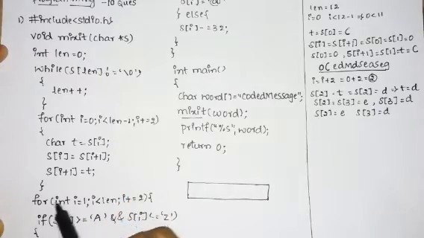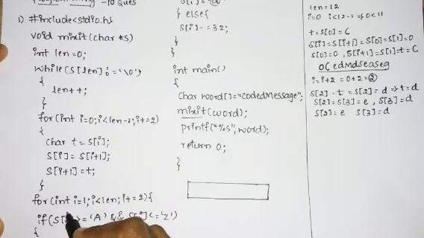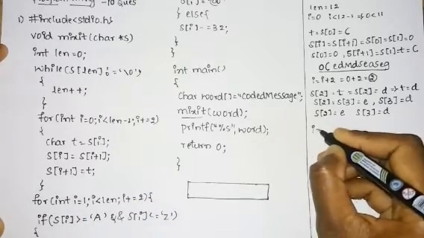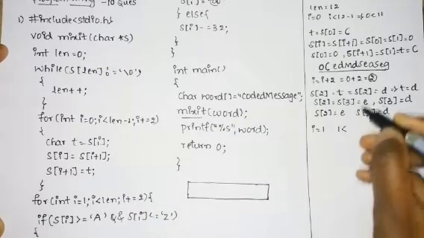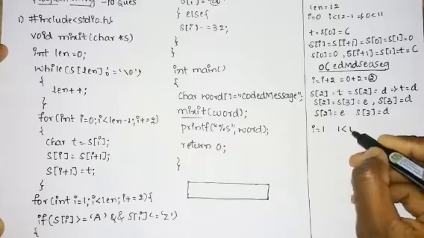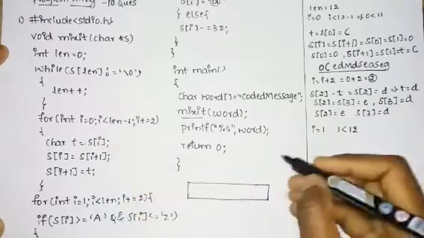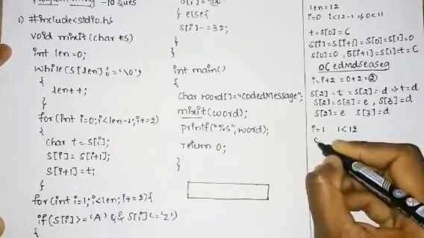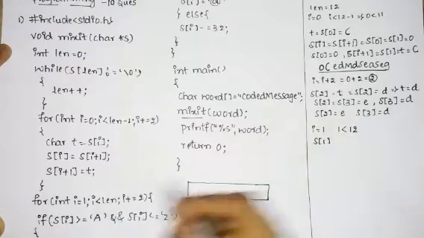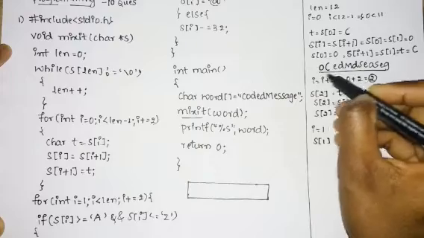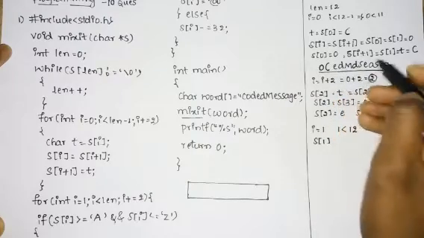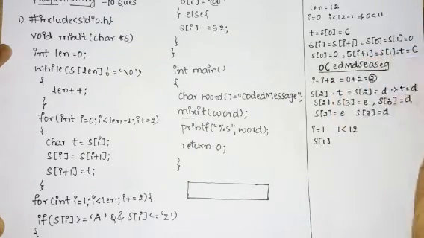Next we have one more for loop where i is equal to 1. Then we check whether i, that is 1, is less than len, the length of the string, that is 12. After that, if s of i, that is s of 1, then again now you need to consider this string: 0, 1, 2, 3. So you can assign a value.